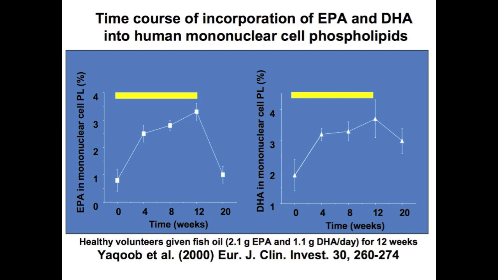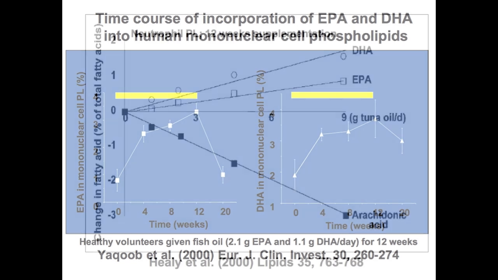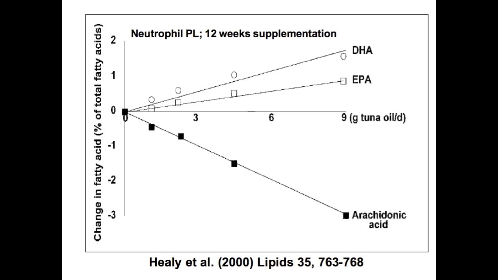So you can increase the amounts of these fatty acids. Remember, well, I didn't say this, but it makes sense: the cell membrane is a fixed size or a fixed volume. You can't make a membrane bigger or smaller by putting more lipid into it, as a generalization. So when these fatty acids, EPA and DHA, are going into the membrane, something must be coming out. In other words, they must be replacing something. And this is a study we did. This is looking at neutrophils, which are another type of white blood cell.